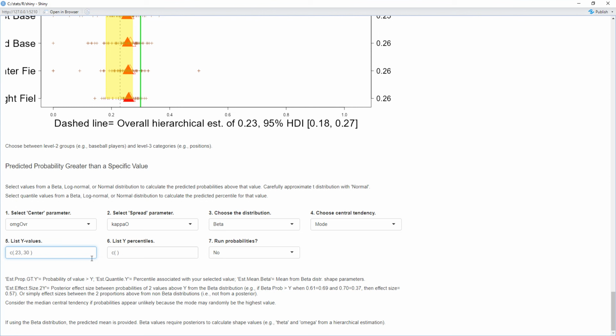So we're going to get the probability of reaching those probabilities, and then we're also going to see what is the